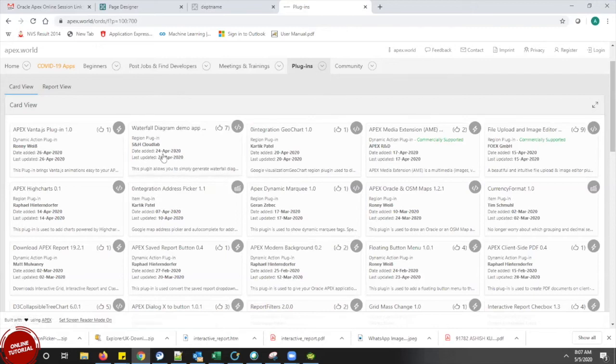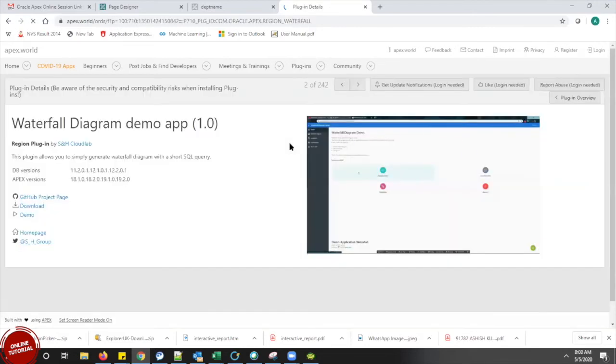If you can see from the name here itself, it is a waterfall diagram demo application. So if you want to create a page with a waterfall diagram, like this, then I have no need to write the code again. It's already there in the plugin.